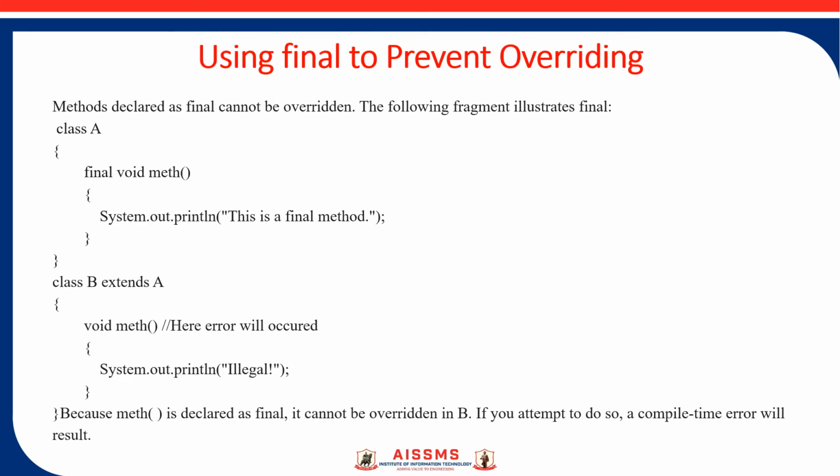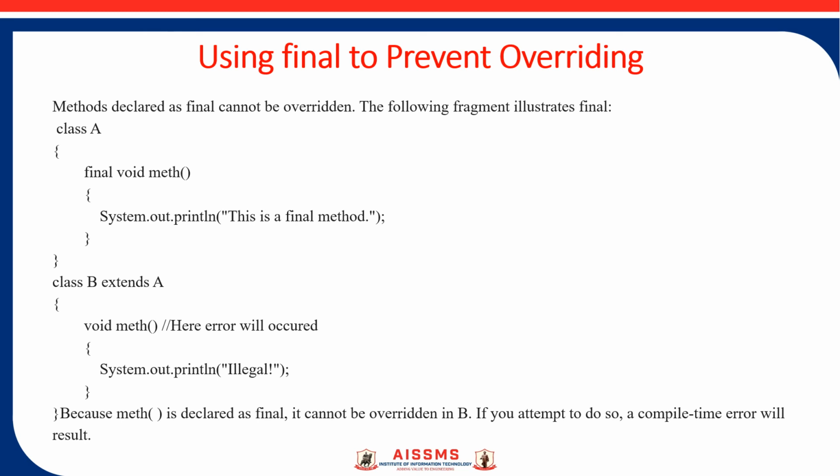Here we are going to see the use of the final keyword with respect to a method. Whenever we use the final keyword with a method, it means that we are preventing method overriding. In this example, you can see that we have declared a final method in the base class, and whenever we try to go for inheritance and redefine that method, we will get an error that the method you are trying to redefine is already a final method and you cannot redefine it. So by writing the final keyword, we can prevent overriding in this way.